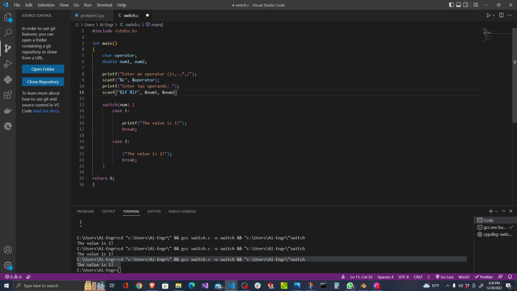As I have said in my previous tutorials, this & one goes to the location of this variable num1. So these two variables that are inputted will be put inside of this num1 and num2 variables. This first long float here will be input into num1, and then the second one will be input into num2. So let's try